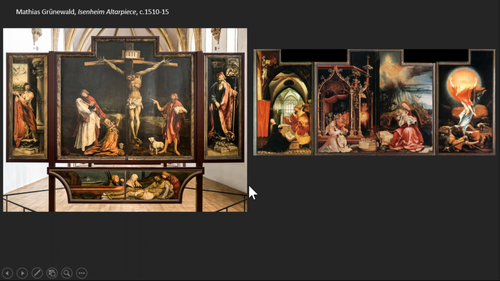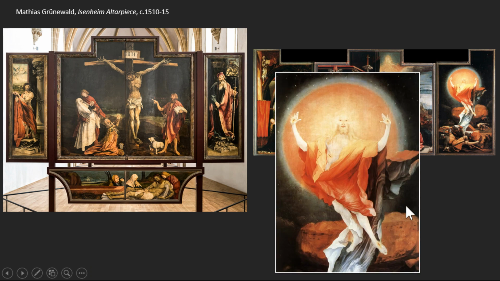And these massive wings now swing open to reveal the interior, and we have two scenes from the infancy of Christ. On the far left, the Annunciation. In the center, the Virgin and Child are serenaded by an angel choir. God shines down on them from up above. And then there's one more scene that's from the end of Christ's earthly life and after the crucifixion, and this is the resurrection. This is when he rises from the grave after his death,